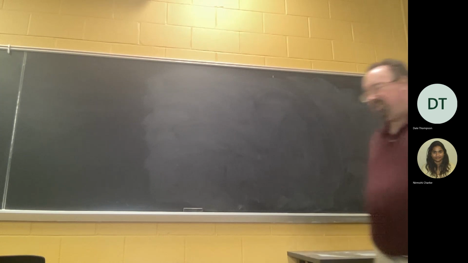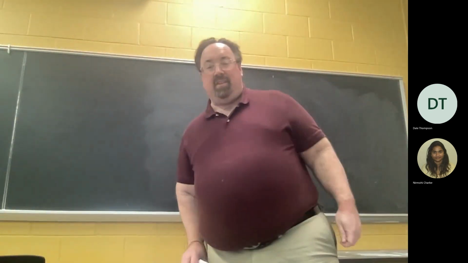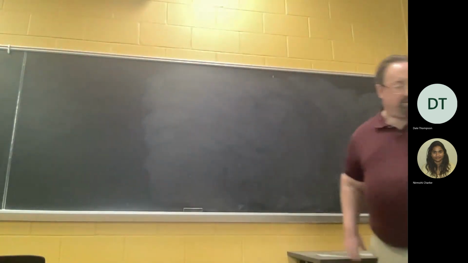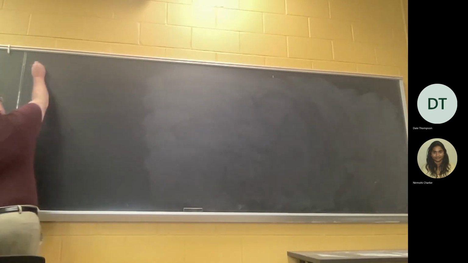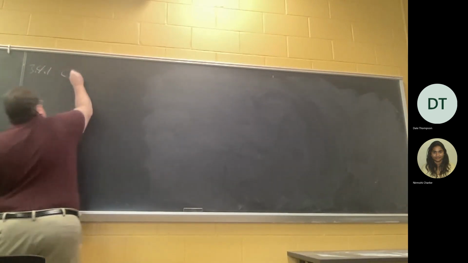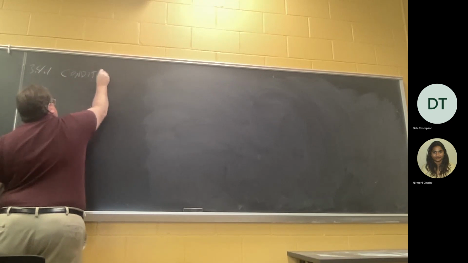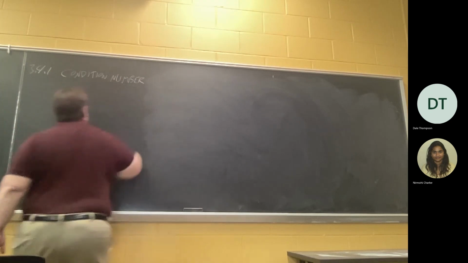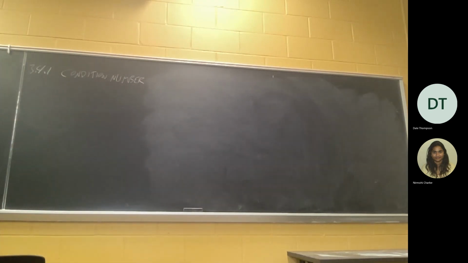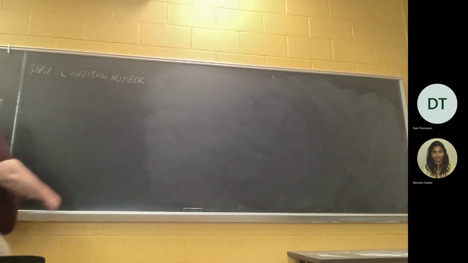This is for those of you who took Math 561. This is the last material that is a retread from that class. We're going to be finishing off chapter 3. So, the condition number measures the sensitivity of the Ax = b problem,